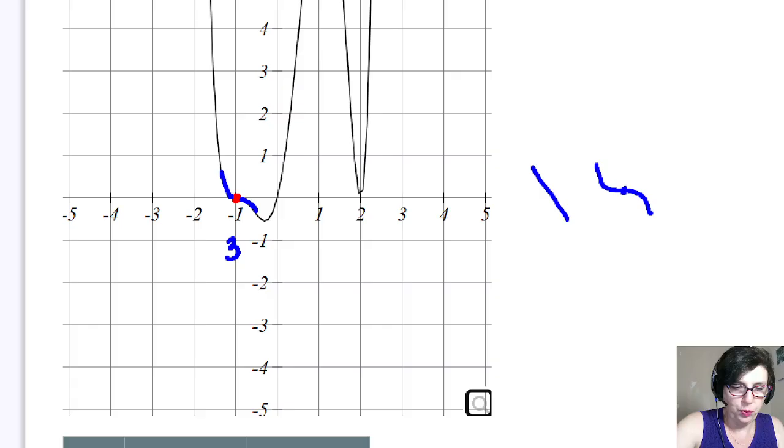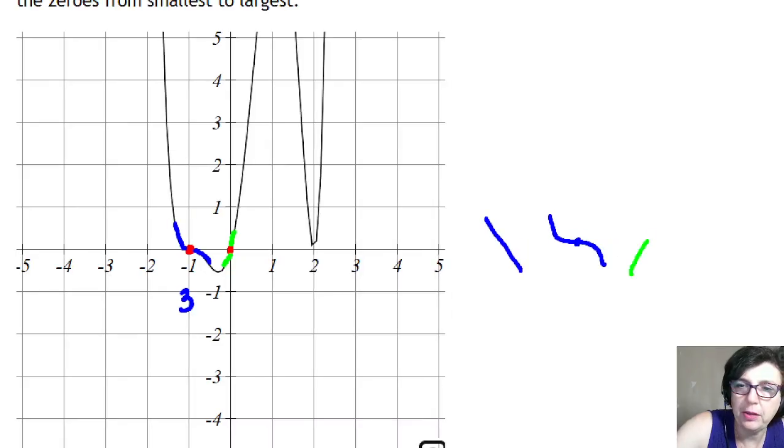Okay, the next one is this one right here, which is a 0, and it looks like it just crosses, and it crosses like a line, right? So you can see that it just goes from being below to being above, but it's like that, right? Okay, so my drawing is not quite like a line, but something like that. Okay. Now, there's one more. It's a little bit weird the way the software is not quite picking up that too, but it is there, okay? And so if you were to draw it correctly, it'll go like that, right? Something like that. So we definitely see that 2 is going to be another 0.